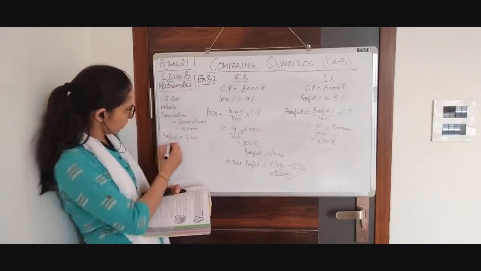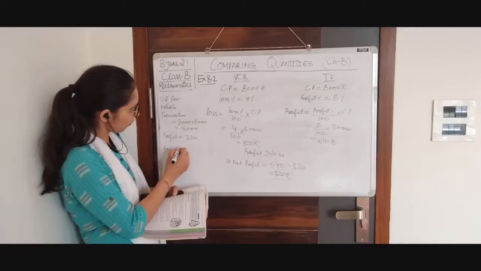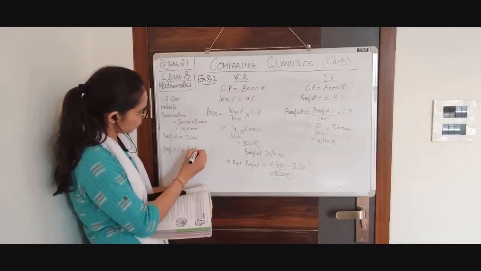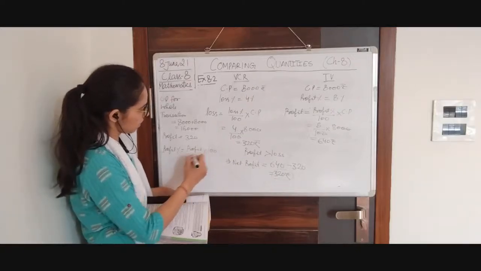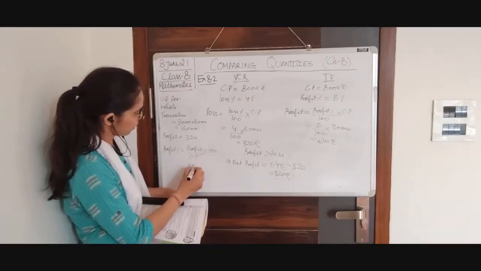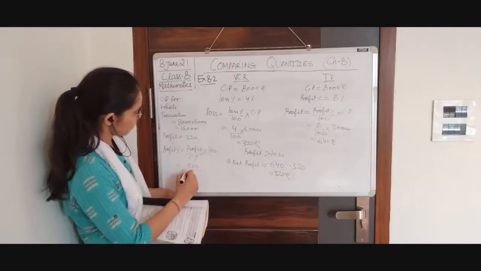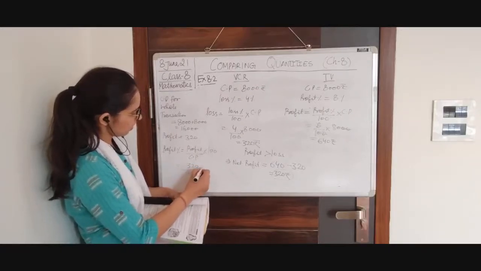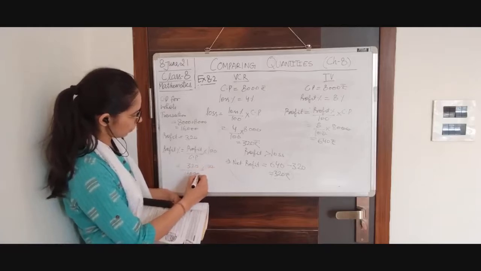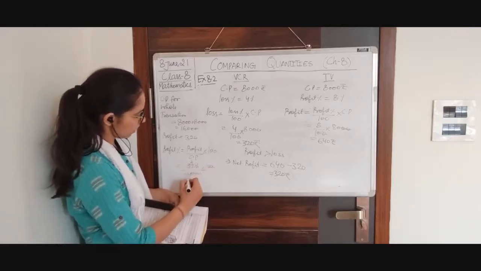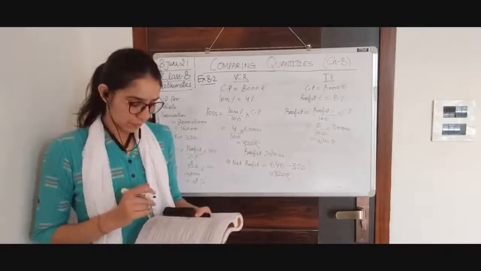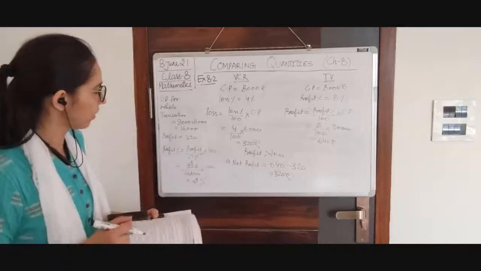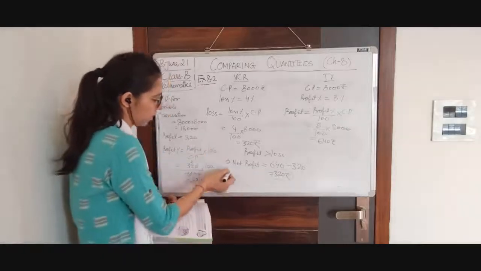Okay? It means his profit percent will be profit by CP into 100, और profit है आपका 320 divided by 16,000 into 100. Cancel out zeros, 0, 2. It means he made a profit of 2% on this whole transaction. You have to do this part after this part.